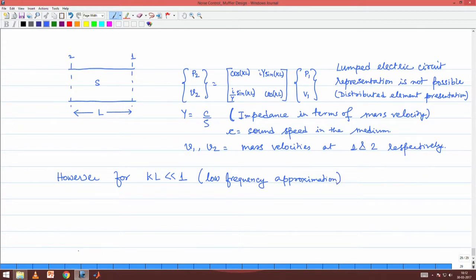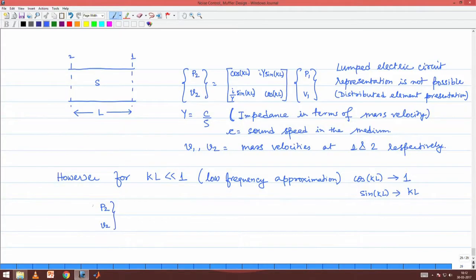Okay. So, under low frequency approximation, let us look at what happens to these entries of the transfer matrix. Cos kL will tend to 1 and sin kL will tend to kL itself. That is the first order approximation for these two trigonometric terms. So, therefore, if we now put this back, we get the following: [P2, V2] is equal to [1, iykL; ikL/y, 1] [P1, V1],